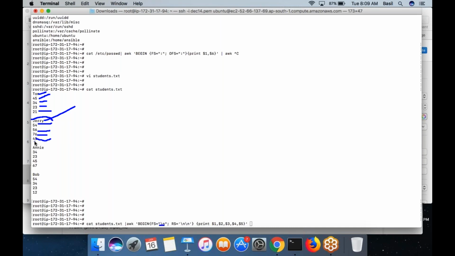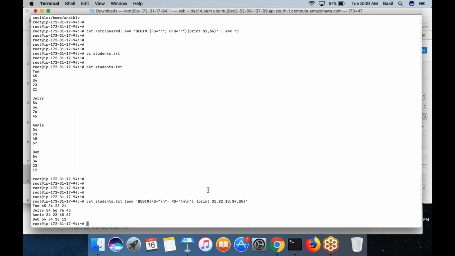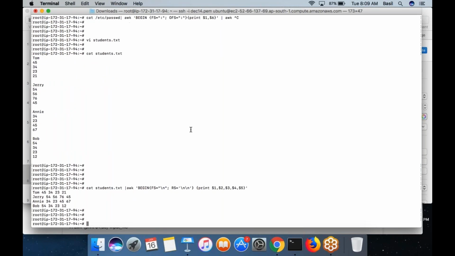So whenever it finds two new lines, that will be treated as a new record. Otherwise, each line is treated as a field. So what would be the output? Output would look like this. Is it clear?